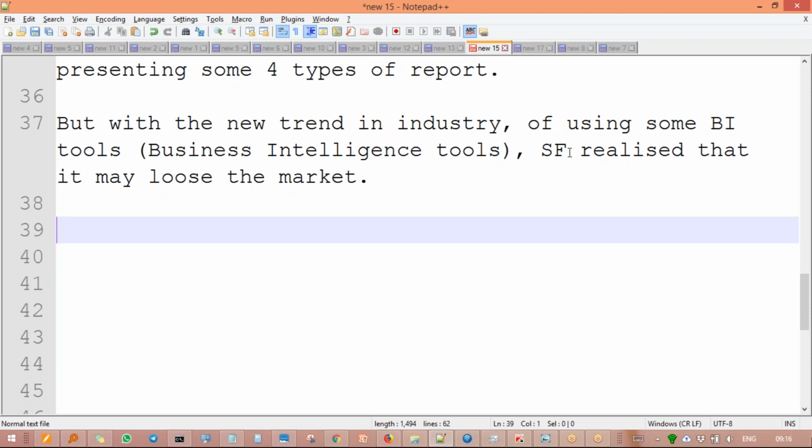Not like .NET Java, where in a few years the market is gone. No, we will be having a long term journey here. So now Salesforce realized that it will lose the market. Hence, it launched a product